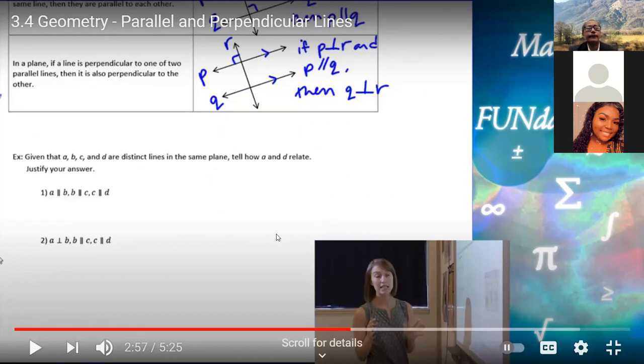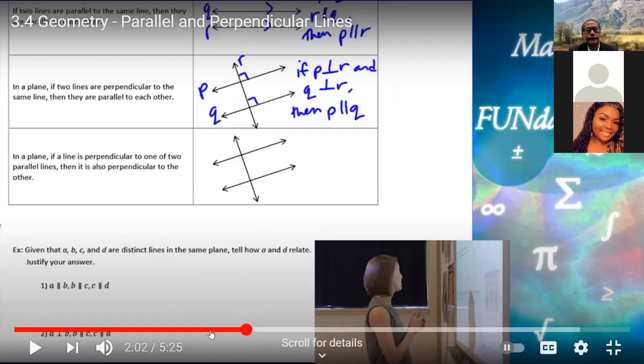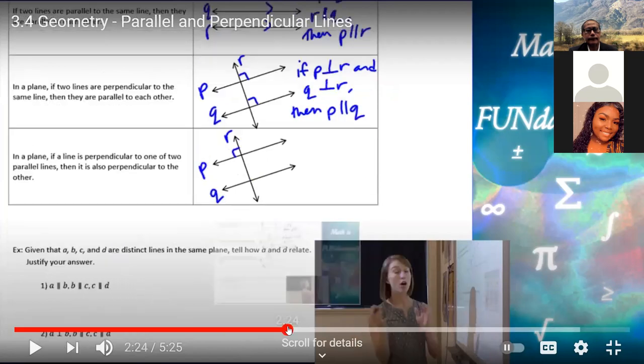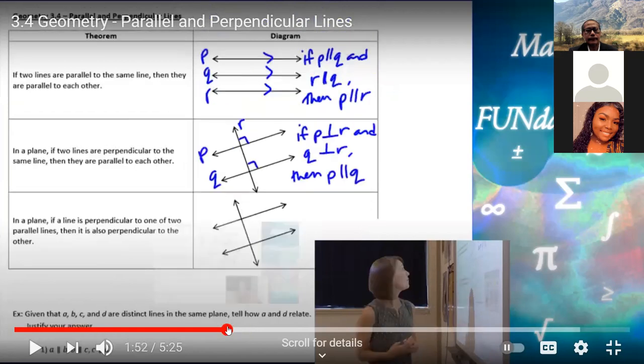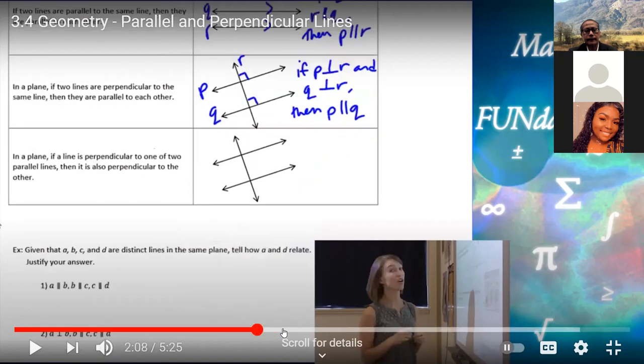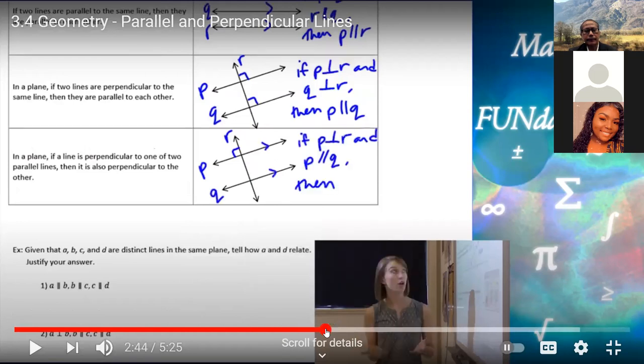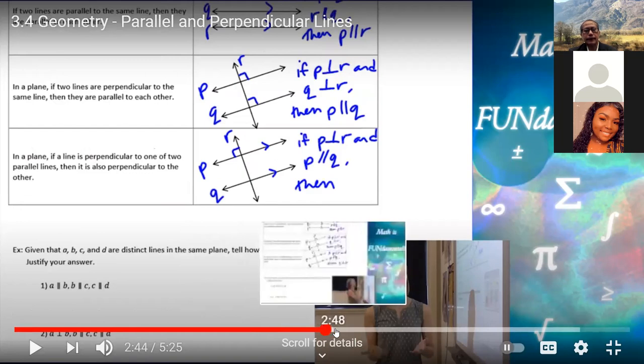Okay, so yeah, you can see here. If P is parallel to Q and Q is parallel to R, then P is parallel to R. If P is perpendicular to R, and Q is perpendicular to R, the conclusion is P parallel to Q. And the last one is if P is perpendicular to R, and P is parallel to Q, then the conclusion is